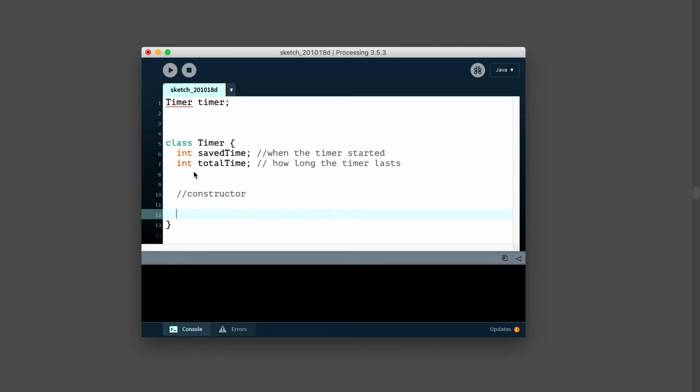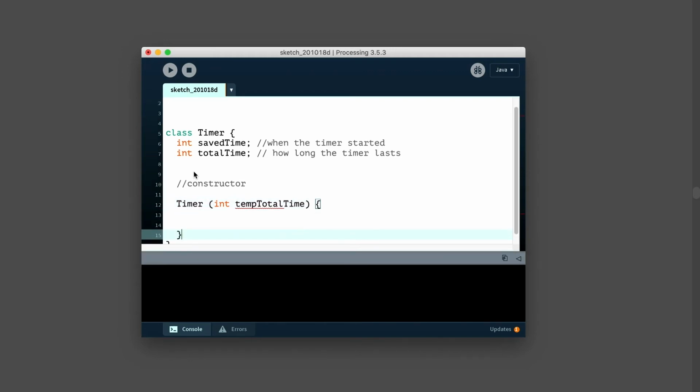Inside of here, we'll have the constructor again. So it's Timer. What are we passing into it? We are passing this temp variable, temp total time. And then down here, we are just saying total time is equal to temp total time.